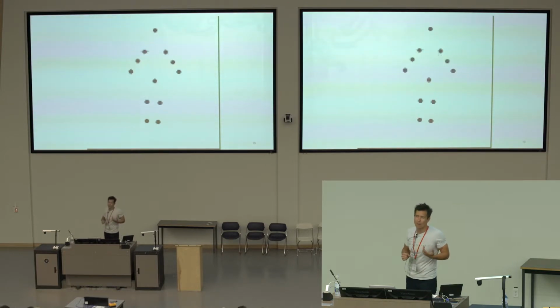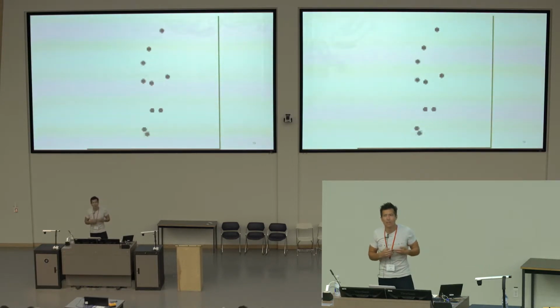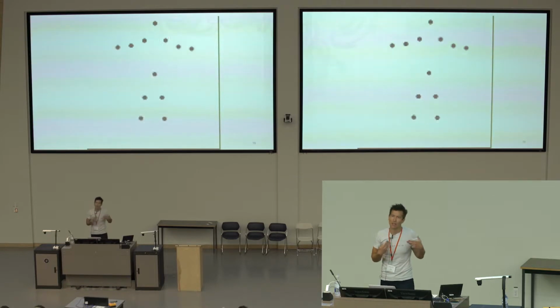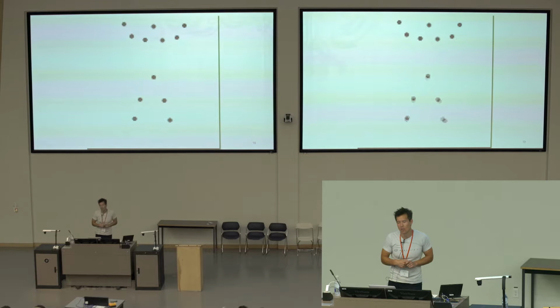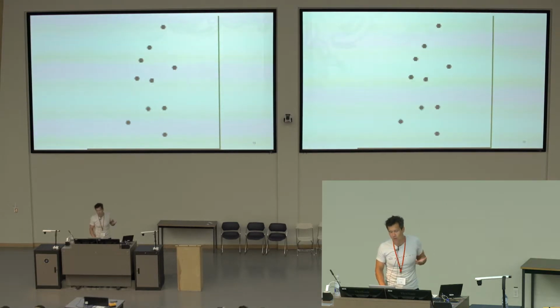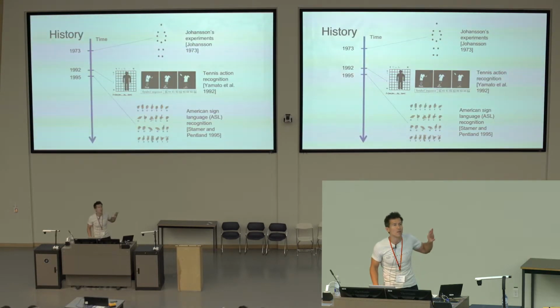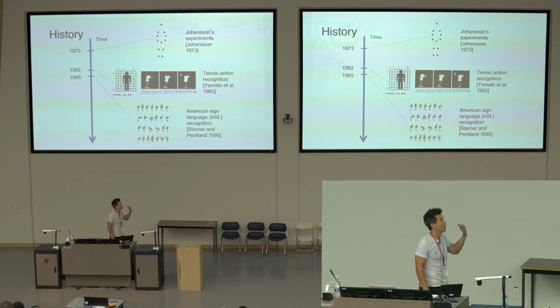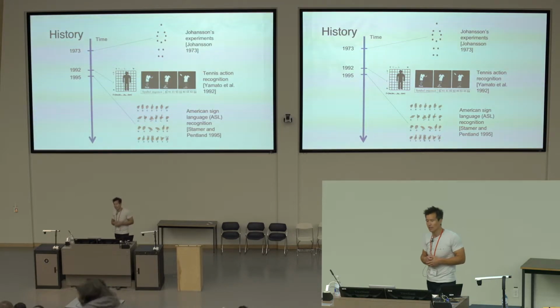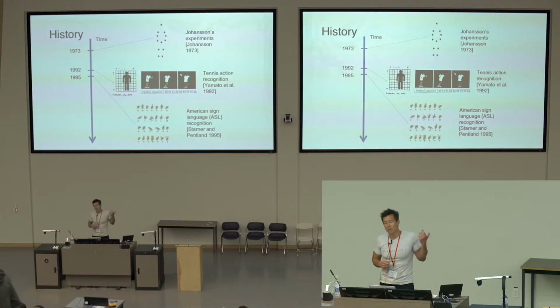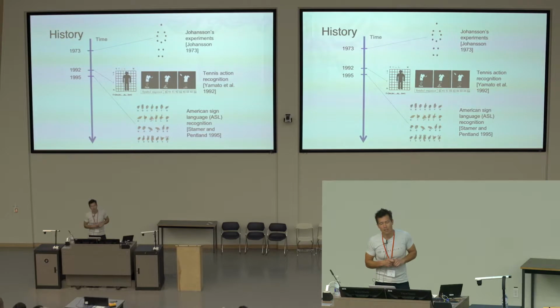There are similar types of experiments on gait recognition, being able to recognize your friends or people you know based on similar types of stimuli, again from varying distances. This psychophysical work spawned a lot of work in the computer vision community. People worked on trying to automatically classify actions based upon pose estimates. So if I know where the ankle, wrist, elbow, and shoulder are, can I use that as a means to recognize action? Another seminal piece of work was in the early 1990s.